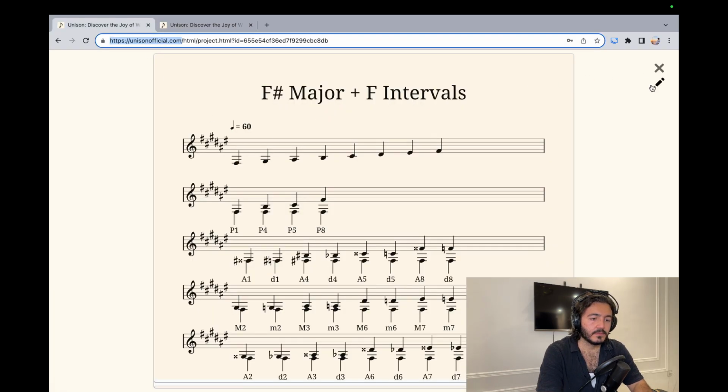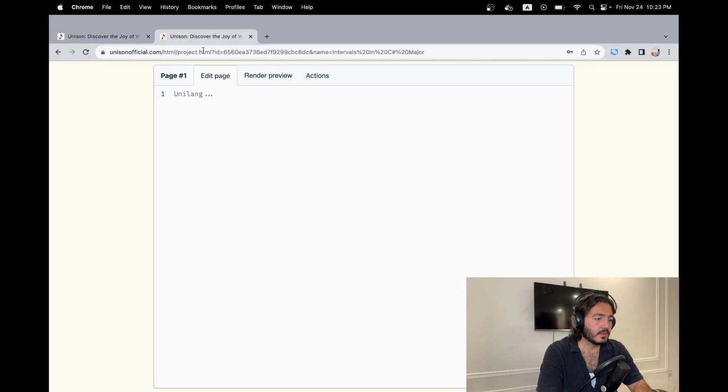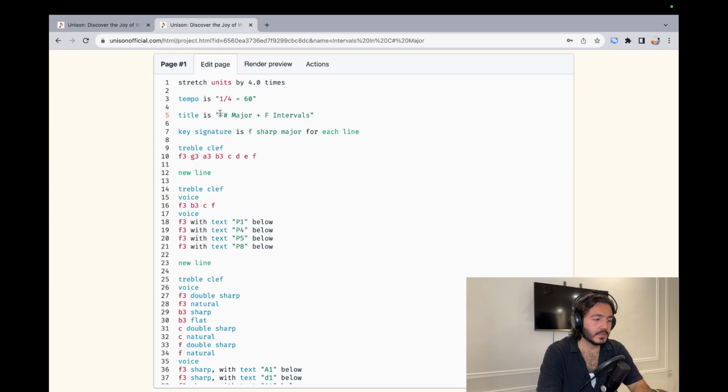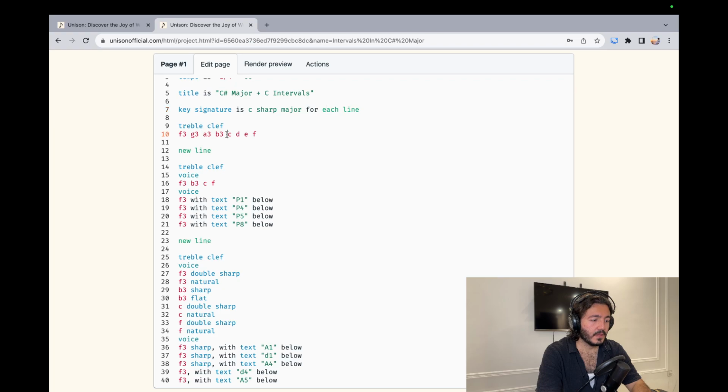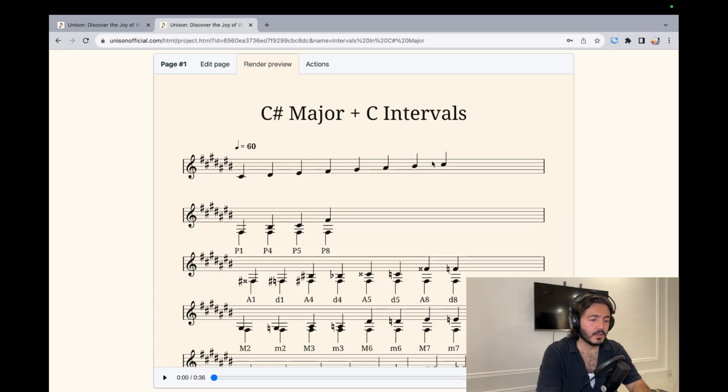All right, so what should we do here? First of all, we need to update the scale. As always, I'm gonna base the new key or new scale on the previous one because it just speeds up everything. And yeah, we go for C sharp major for each line, and we'll go C, D, E, F, G, A, B, C5. All right, so